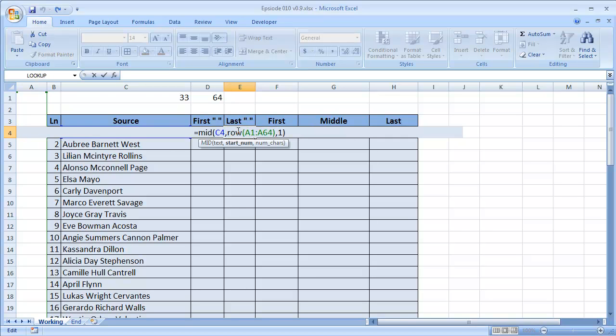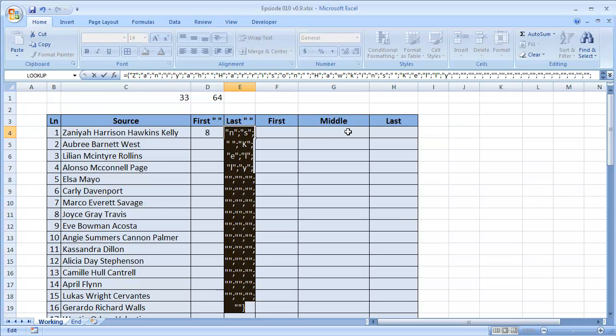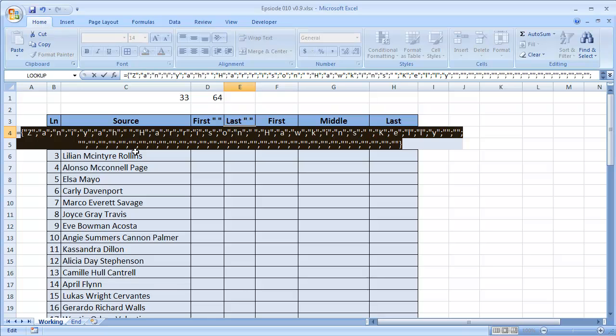What the ROW function does is it returns the row number of a given range, and since I've given it a two-dimensional range right here, it's going to return the row of all of them, 1 through 64. The other thing I have to remember to do is highlight this, hit F4 to make it an absolute reference. That way when I copy this function around, it's always going to be finding the row numbers of 1 through 64. Okay, so now if I highlight this and hit F9, scroll down, scroll back up,